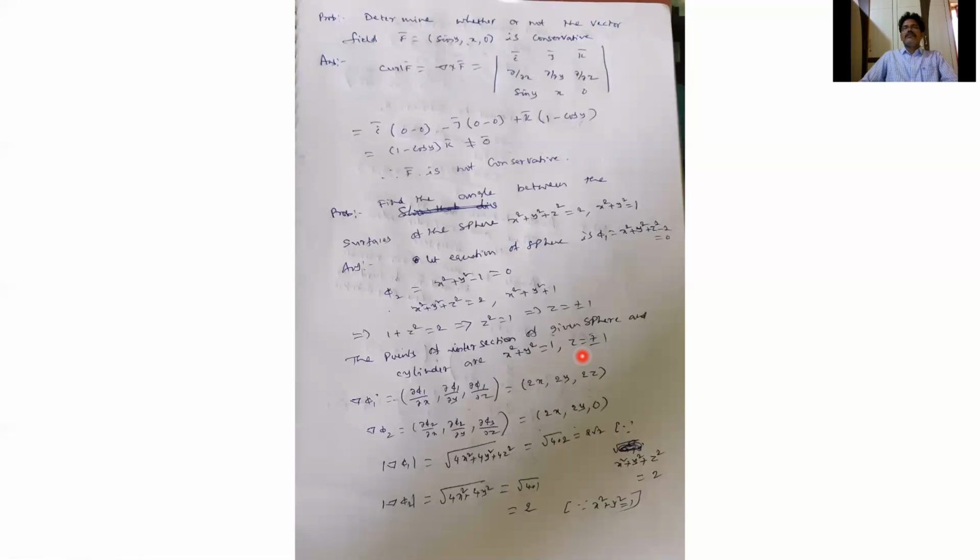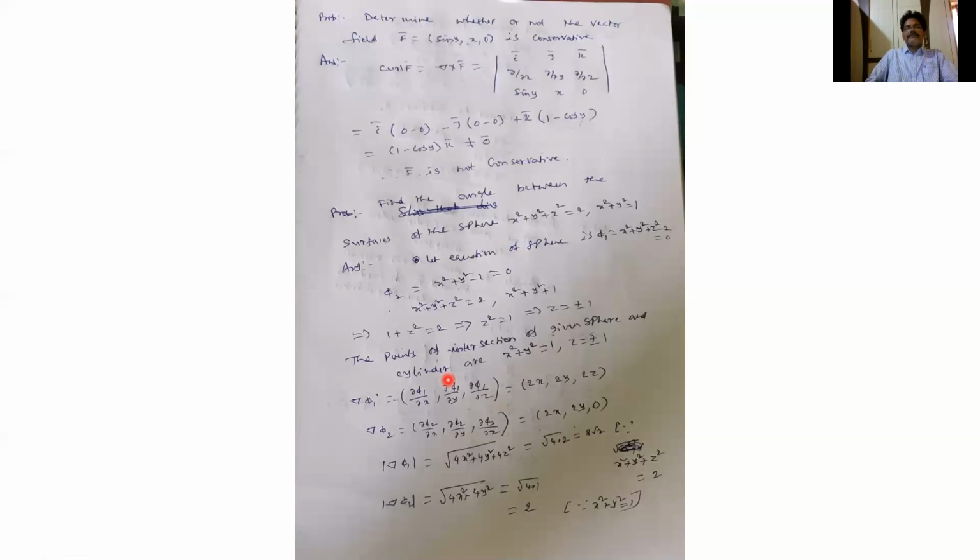To find the angle between two surfaces at a point means finding the angle between their normals at that point, which are drawn to the given surfaces. How to find it? We have to find the normal. We know the formula for the normal: n̄ = ∇φ / |∇φ|.